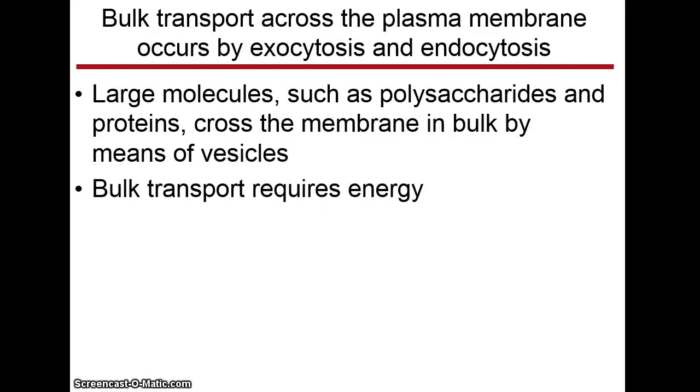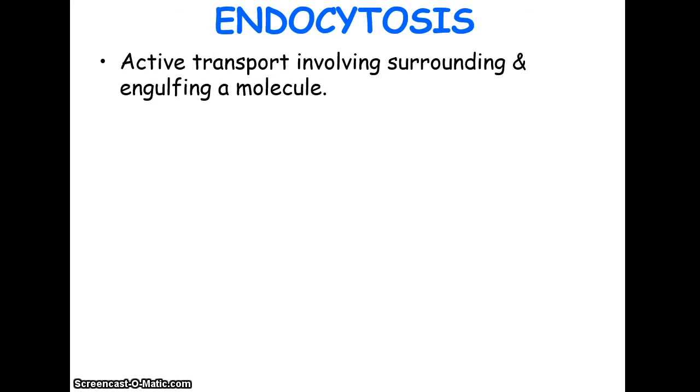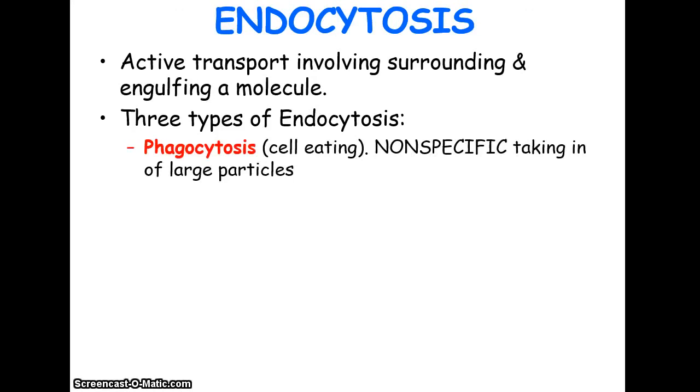Okay, and another type of active transport is called bulk transport, and this is where something bulky, something really large, is taken in or out of the cell. So this is something that's too big to actually just go through the cell membrane or even a protein channel or a protein pump. It actually requires the cell to wrap around it in order for it to get where it's going. And so this also is going to require energy. So endocytosis is the general word for a cell taking something in, the membrane wrapping around it, surrounding it,